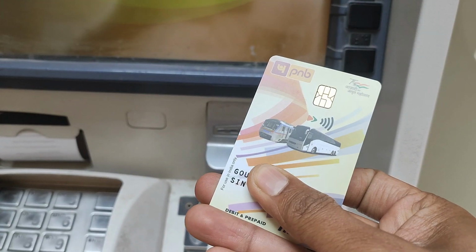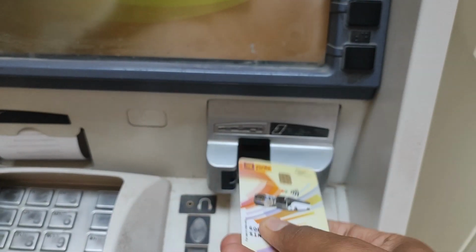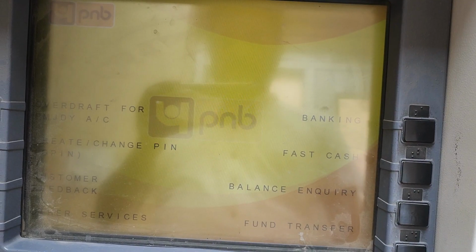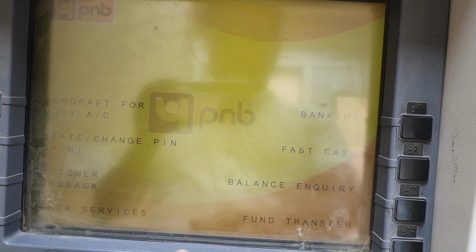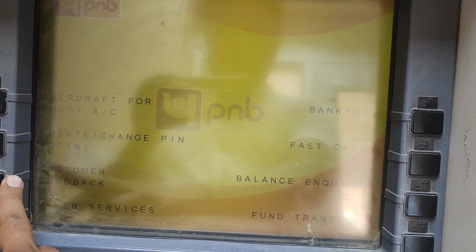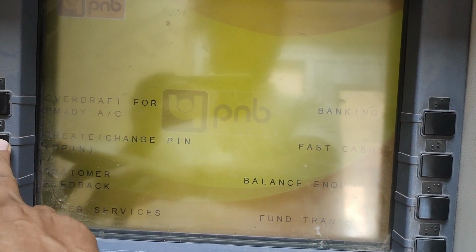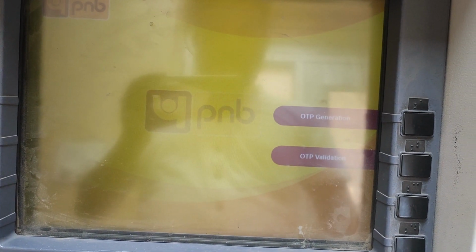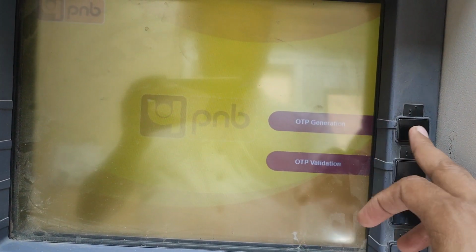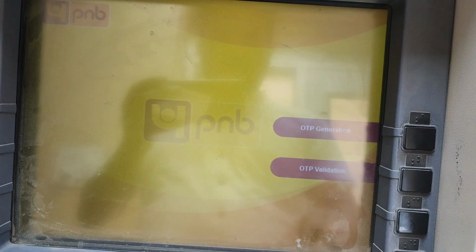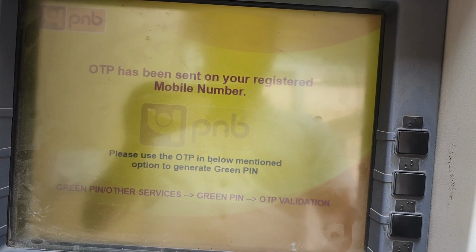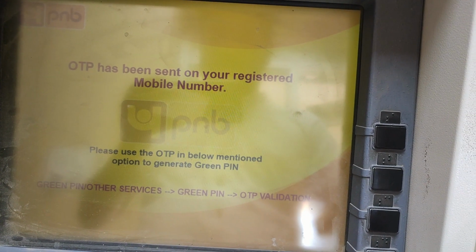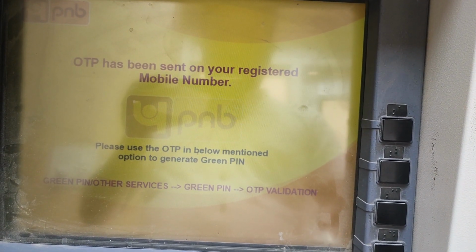Now what we have to do, we have to go to the ATM machine, and after that insert the ATM card into the ATM machine, and now click on the left side button, that is the create or change PIN option over there. When we click on that, it will show you the OTP generation. Click on that, and after that you will receive an SMS on your mobile phone, and you will receive an OTP. After that you have to cancel all the things, and after that again you have to insert